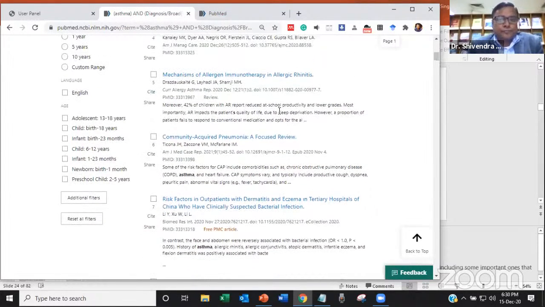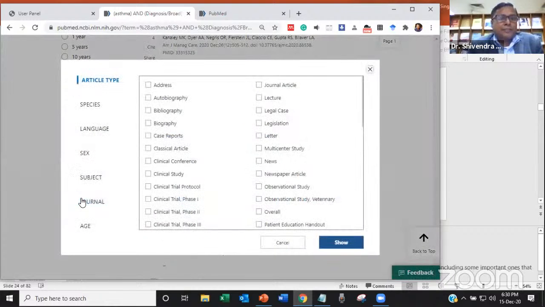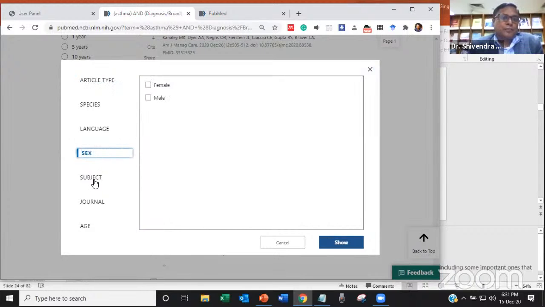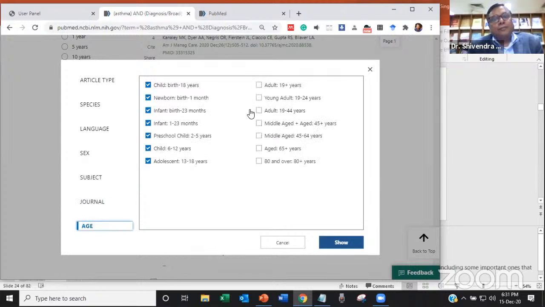If you want to narrow the result by age, there are options: adolescent, child up to 18 years, and children 6 to 12 years. We can also click on additional filters, by sex, male and female if you want. You can choose the major subject also. If you want to choose the journals, dental, medical, nursing journals, we can refine the results. By age, we can also choose. By default, if you want to deselect,